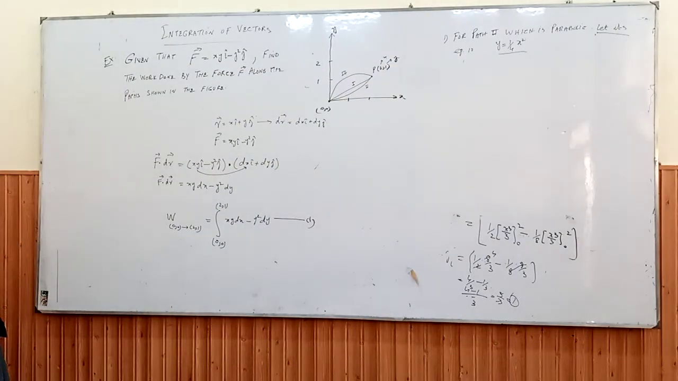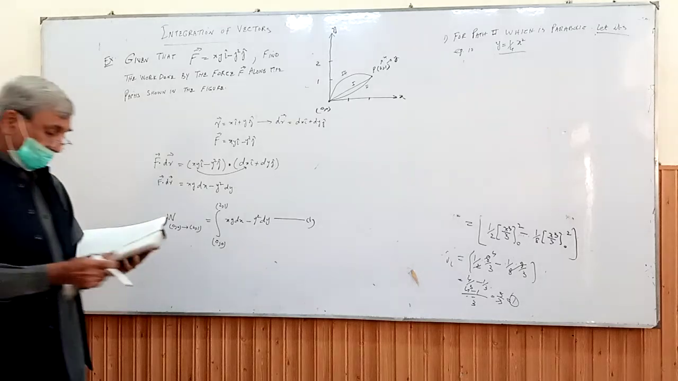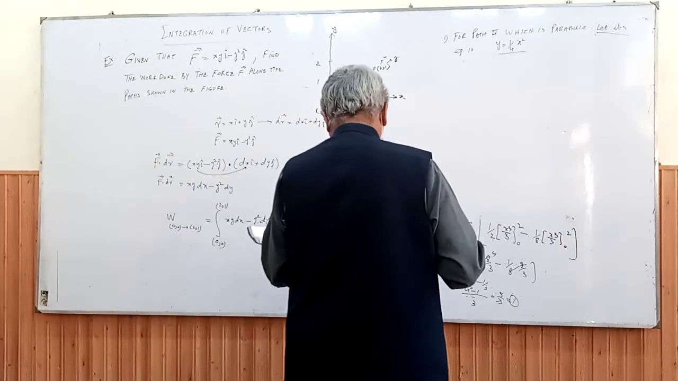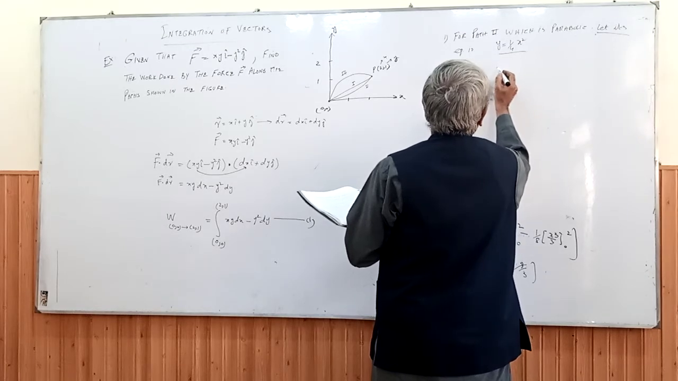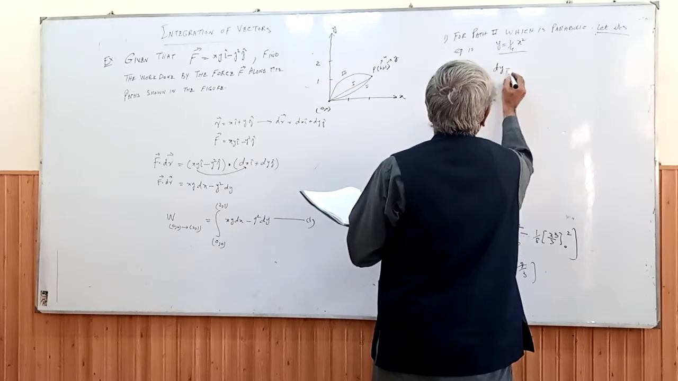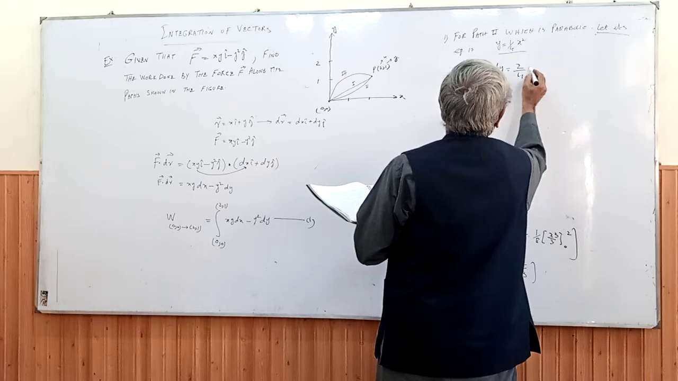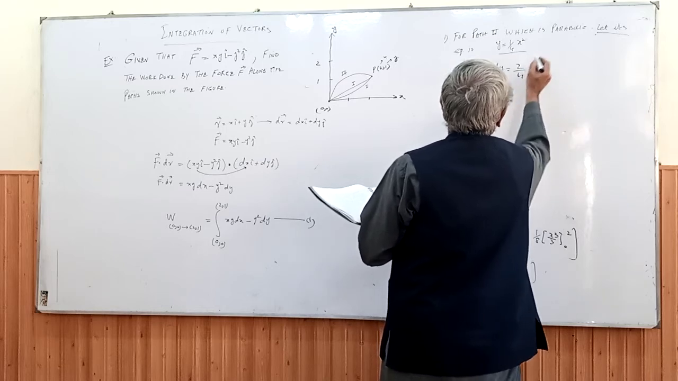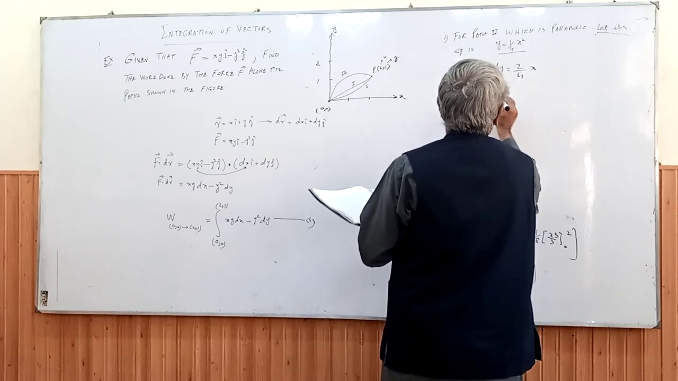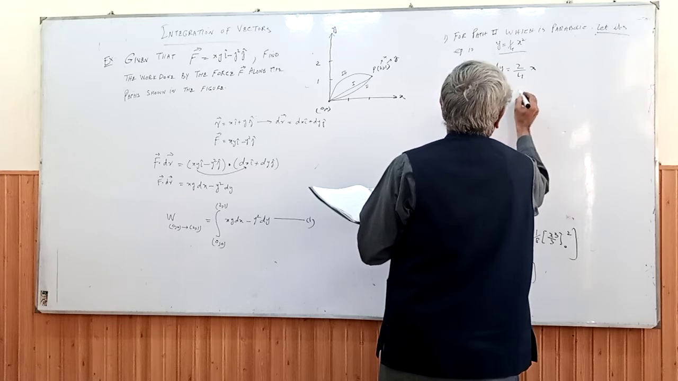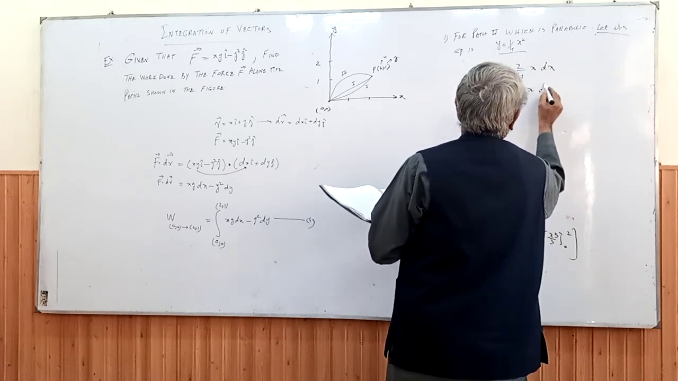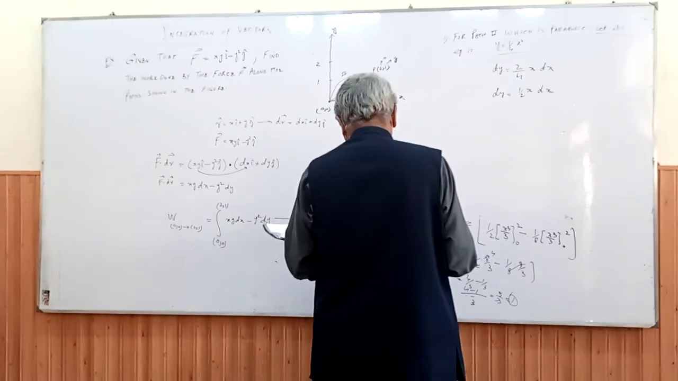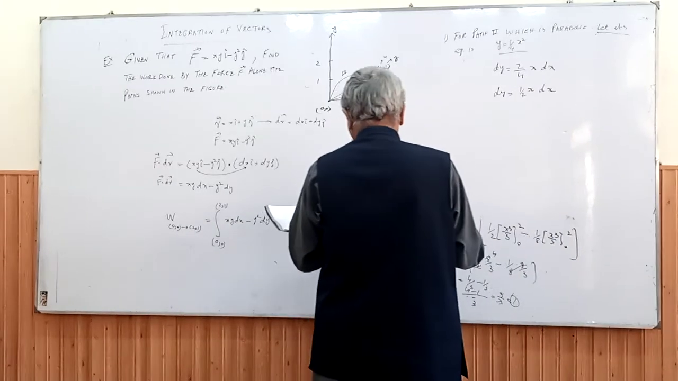Fine enough? Now let's calculate it. Similarly, now look at this: y is equal to 1 over 4 x square. Differentiated, dy is equal to 2 over 4x, so dy is equal to 1 over 2x dx, and therefore